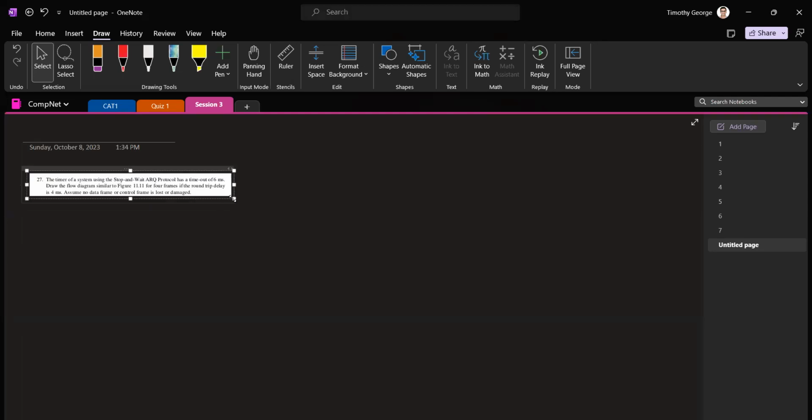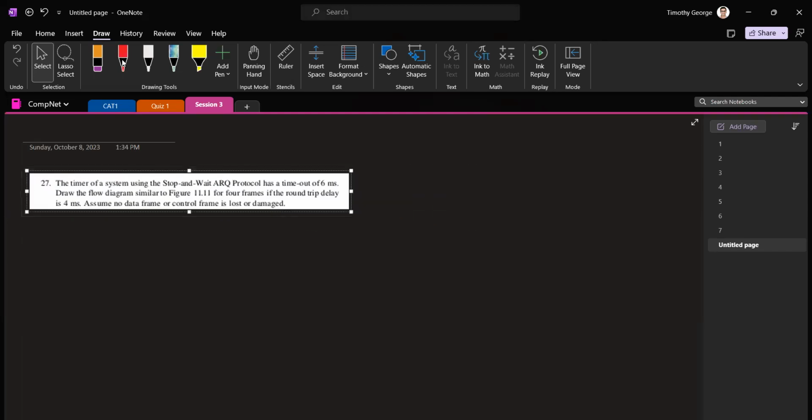There is a question, so it's a diagram question. So you have to draw a diagram. And since it's from the textbook figure 11.1, you have a frame, and so stop and wait, the stop and wait protocol. So what happens in stop and wait is,